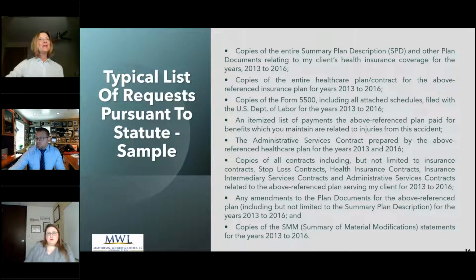Okay, you might see something like this. "Please send copies of the entire summary plan description and other plan documents relating to my client's health insurance coverage for the years 2013 to 2016." That's an example. Ding, ding, ding already, it's not health insurance coverage. Whether that's a mistake, you're dealing with someone who doesn't know what they're talking about. Whenever you see the word insurance and you're talking about a self-funded ERISA plan, you already know, proceed with caution,